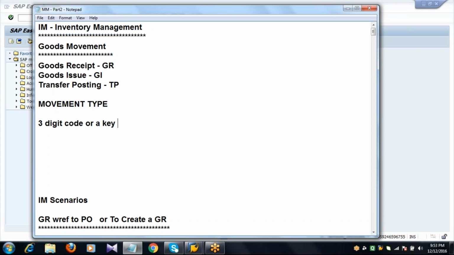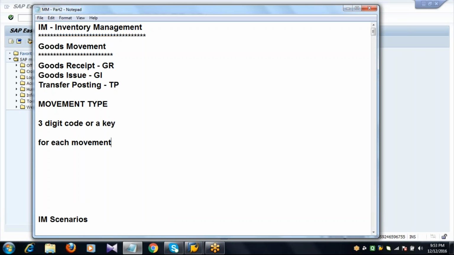And for each movement type, we have the reversal movement type or vice versa. This is very important.